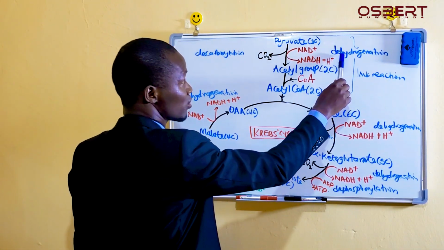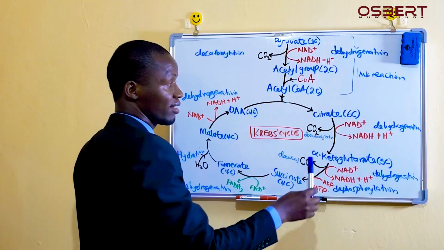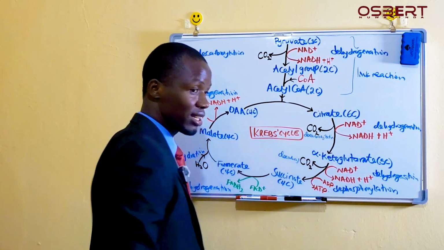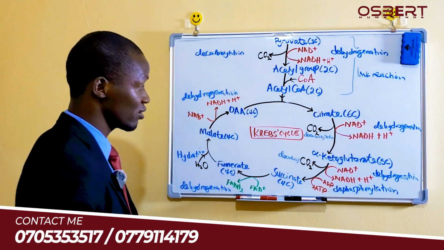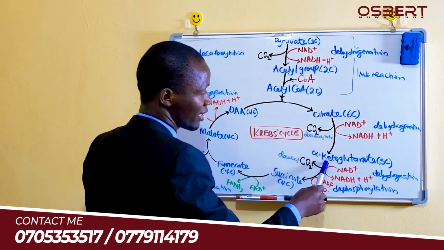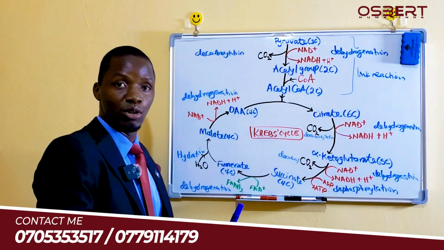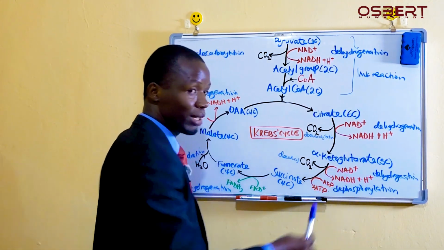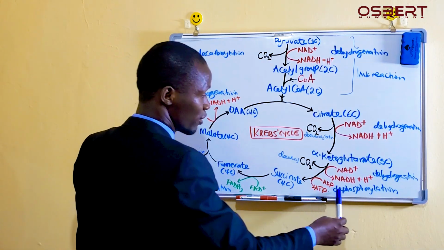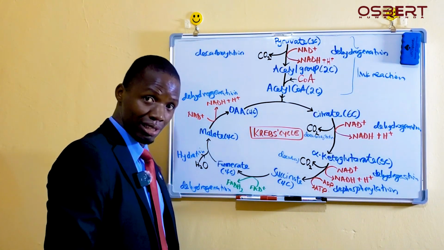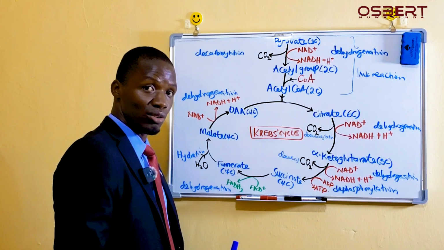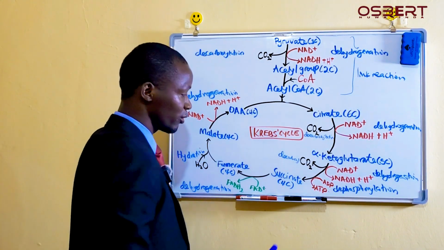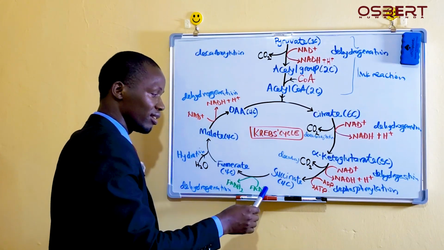You can also tell us what is causing dehydrogenation. It is undergoing dehydrogenation by NAD+, and it is also undergoing decarboxylation to form alpha ketoglutarate, a 5-carbon molecule. Then alpha ketoglutarate undergoes dehydrogenation by NAD+. Still, it undergoes dephosphorylation by ADP. ADP is the one causing dephosphorylation, and it also undergoes decarboxylation to finally form a 4-carbon molecule